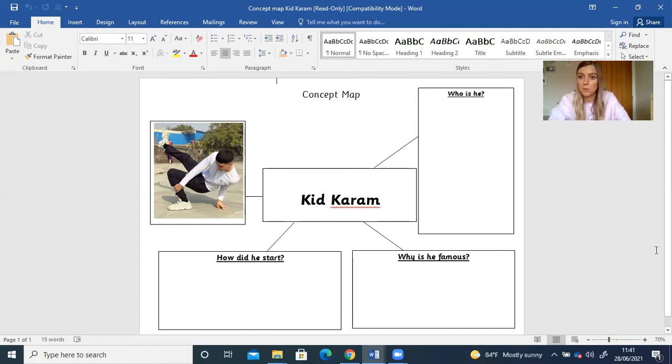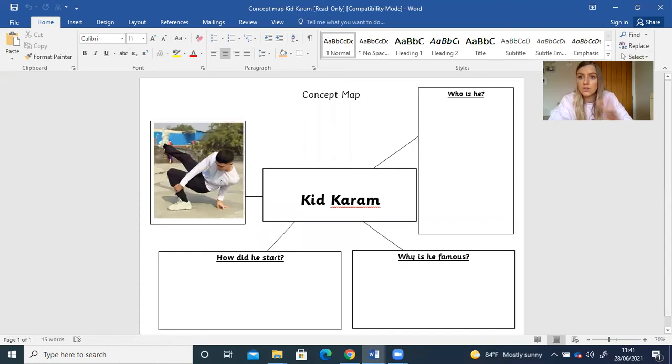And also, if you want to do a bit of wider reading around it, so a bit more, you can use search engines like Google or Swiggle. We've used before, haven't we? See if you can find out any more interesting facts about him that we haven't learnt at school yet, or that's not in the fact file Mrs. Courtney Hill has created. That would be lovely if some of you could do that.